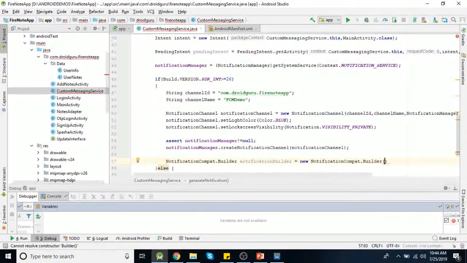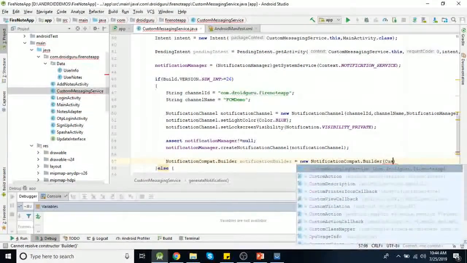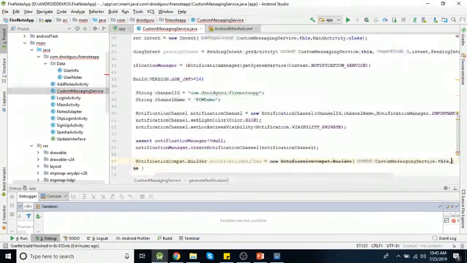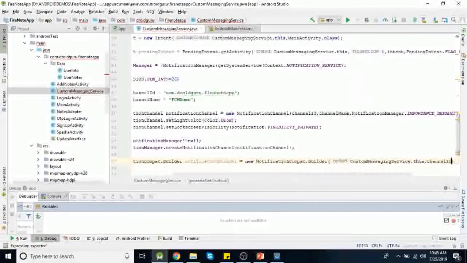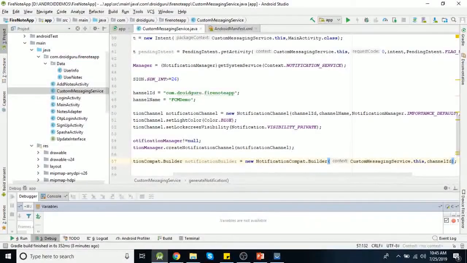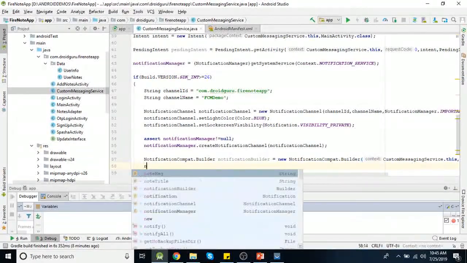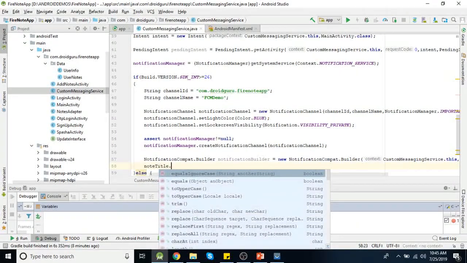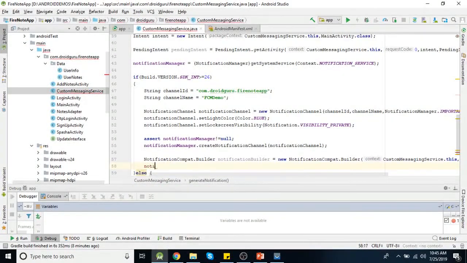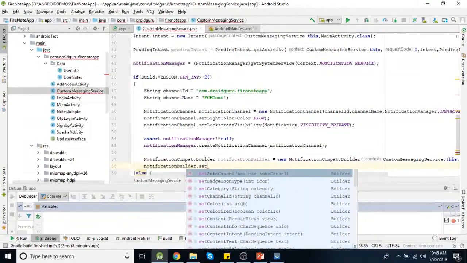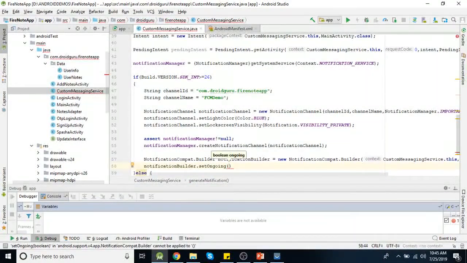Here you need to pass your context, so custom messaging service dot this, and second parameter will be your notification channel which we just created, that is channel ID. Now you can set different properties for notification here. So notification builder dot set ongoing. Here you need to set this parameter to true.